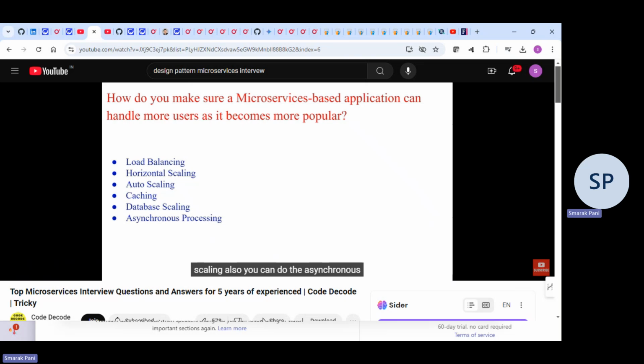Also, you can do asynchronous processing. Many times when we start creating an application, we do REST API implementation or synchronous communication between services. But to increase performance and ensure a quick response, you do not always have to wait for the response from your service to give the response to the user. For example, when you have placed an order, you have to send an email. So rather than waiting for the email to be sent and getting the response that it was sent successfully, and then telling the client that your order is successfully placed,